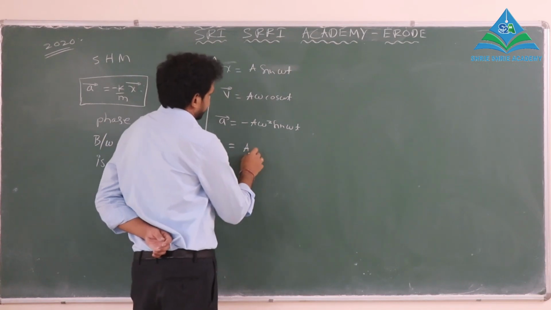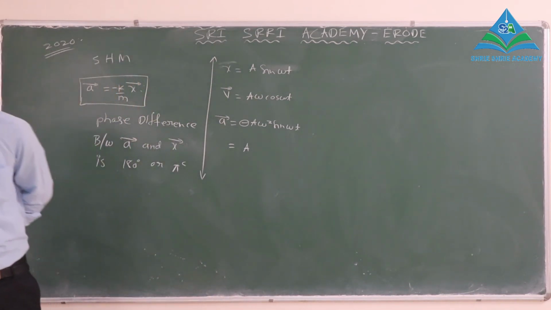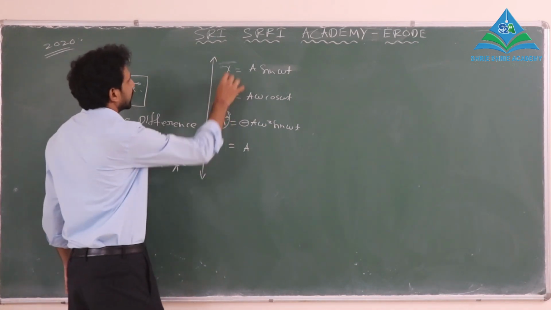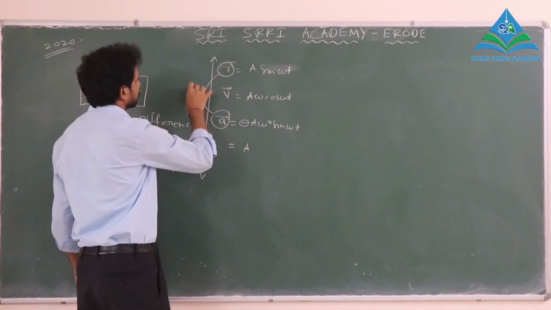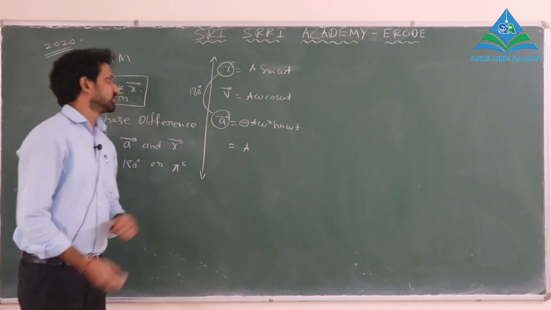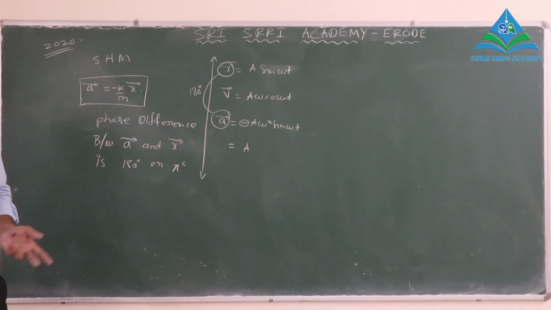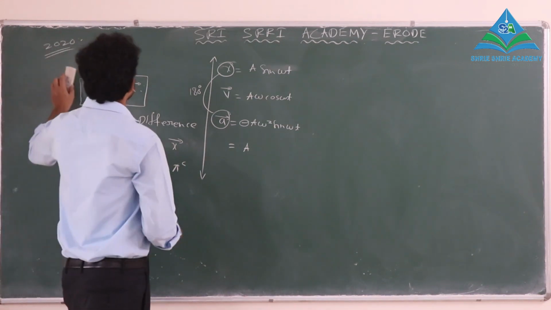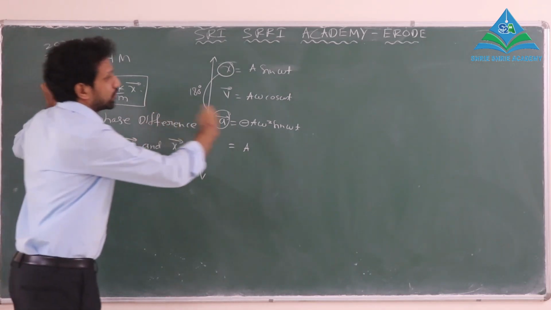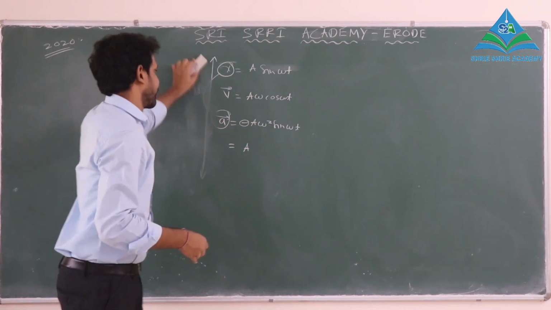This minus indicates that acceleration is opposite to displacement. If you draw the waveform, you will definitely get that acceleration and displacement are out of phase by 180 degrees. But instead of doing all this mathematics, we can see the minus sign directly and decide that the phase difference is 180 degrees. This is one of the shortcuts. You should remember the theory bits and decide from them instead of going through mathematical steps. That is what is required.